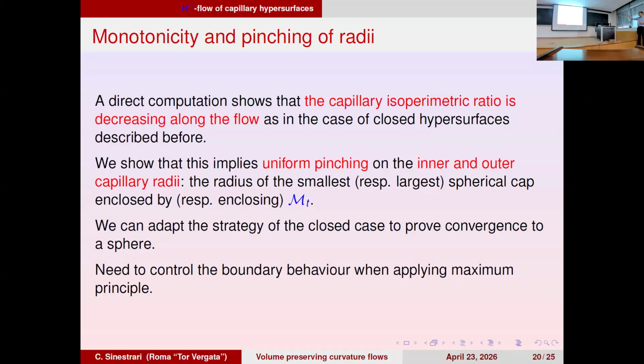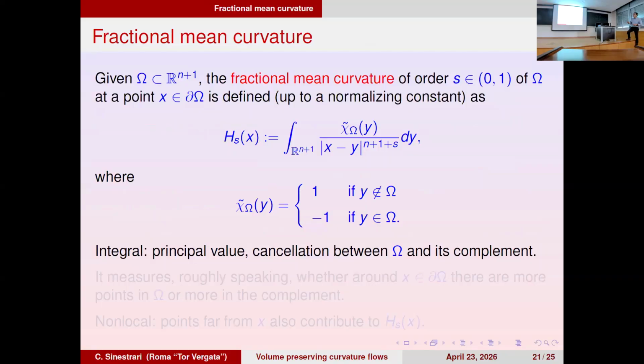And then the whole strategy applies. I just noticed that there are some extra difficulties, since every time we apply the maximum principle, we need to control what happens on the boundary, which was not present before. But for this kind of speed, it is feasible. We have tried other speeds where this is instead more complicated, so we don't know yet how much this technique can be generalized. And yeah, the next thing I wanted to mention is the fractional curvature, but I don't know how much time I have. Oh, okay, maybe.